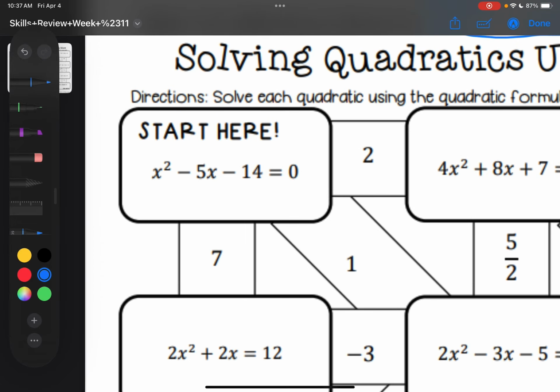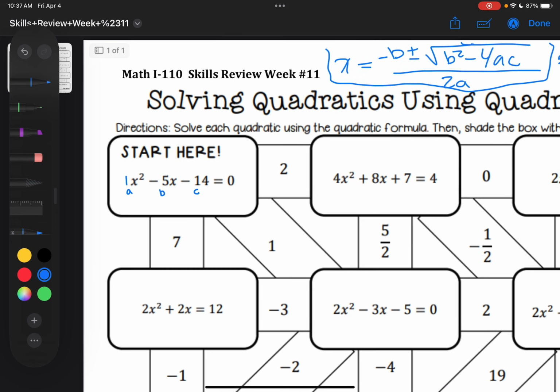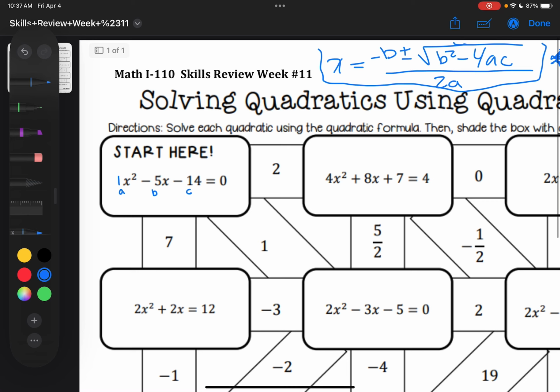So what's our A, what's our B, what's our C? We have 1 as our A, our B is -5, and our C is -14. So let's plug that in. We have the opposite of B, right? That's our plug in here. So the opposite of -5 is just +5. So we should have a +5,